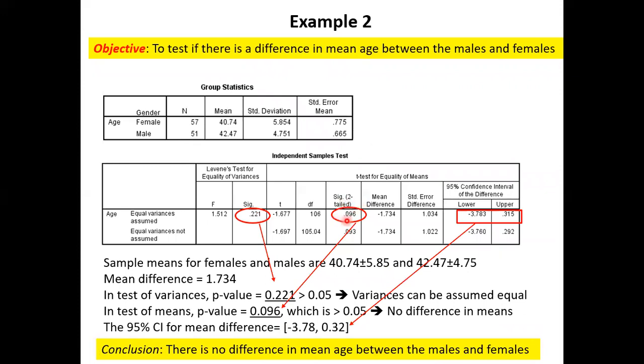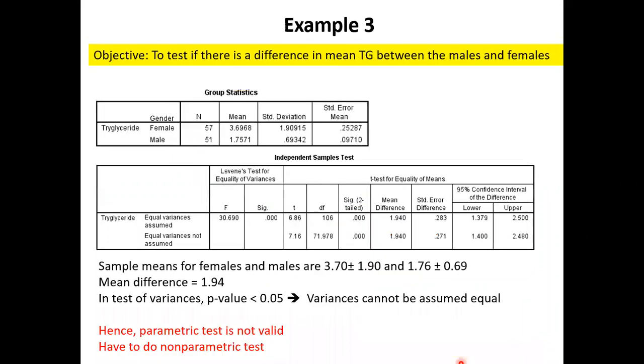Supposing this p-value is less than 0.05. And look at this now. Who's older? Male or female? Males. I would say the males are older compared to females. In this case, there's no evidence of difference, so we just say there's no difference. All right. Questions? So what would the conclusion be if the variance cannot be assumed equal? All right, that's next. Okay.